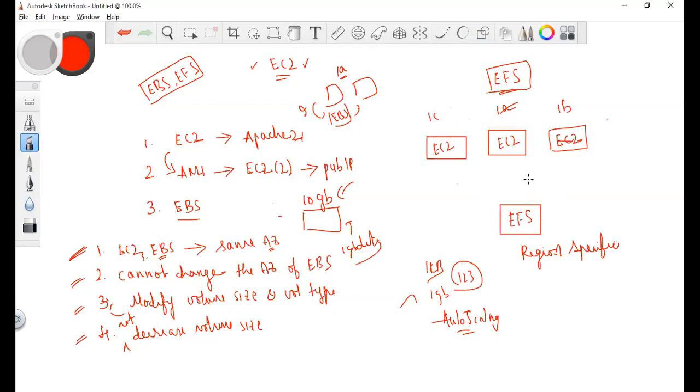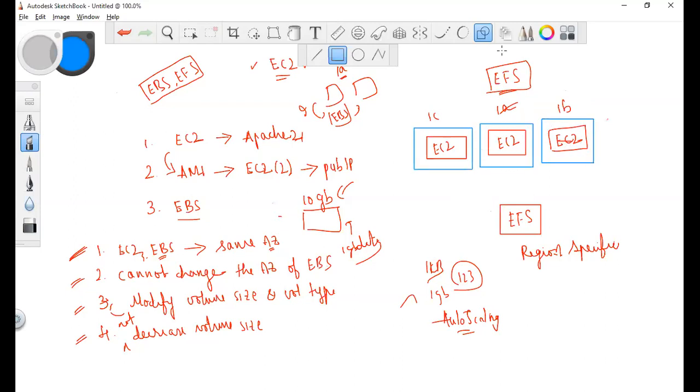Okay, so what I'm trying to tell here is this EFS is a shared volume for multiple instances which are in different availability zones. In order to mount or attach this EFS to the EC2 instances, you need to create mount targets in that specific availability zone.